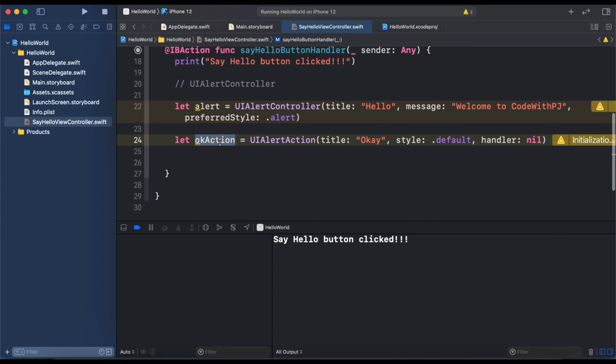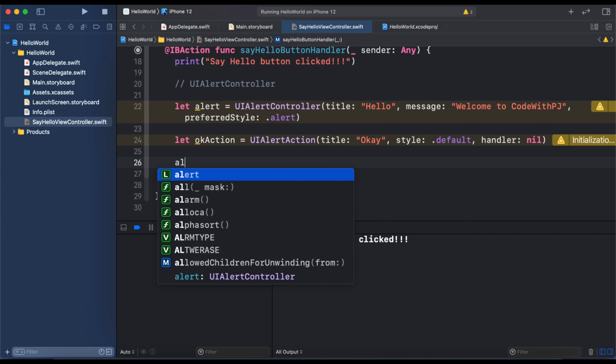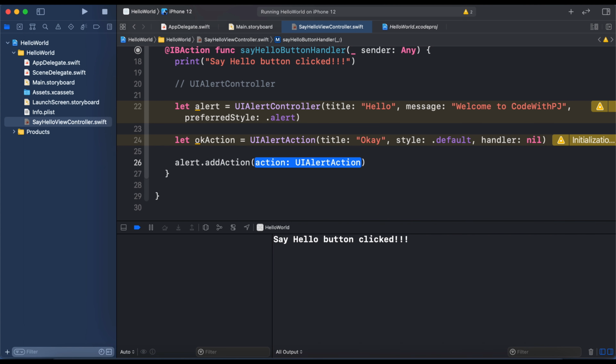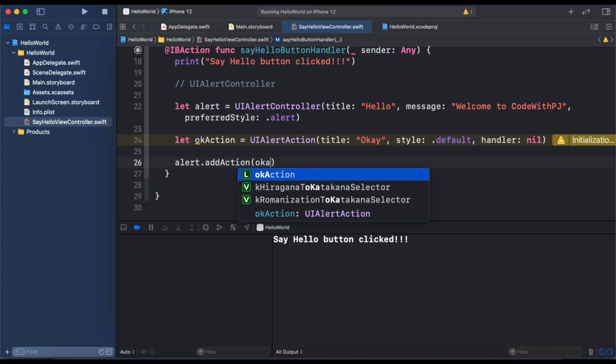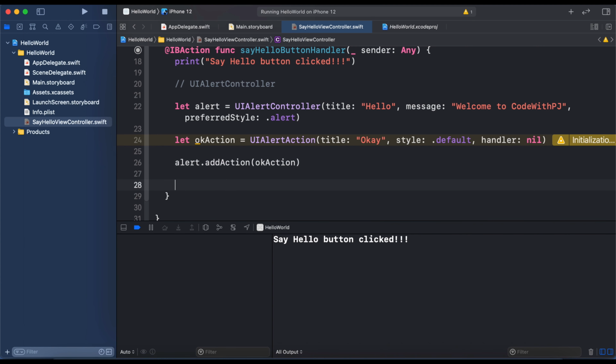What we have to do is add this action to this alert, right? So alert.addAction, and we need to pass a UIAlertAction as a parameter, and we already have this one here, so let's pass that. Now we have our alert ready. What we have to do is present it. Every view controller has a method called present.